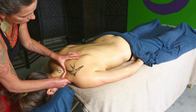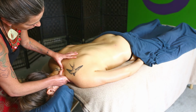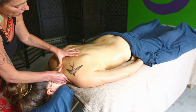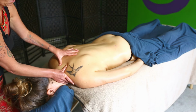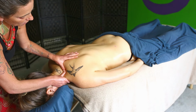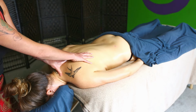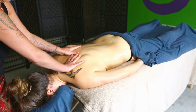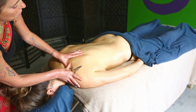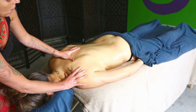So if in doubt, just watch, see if you can see the breath in your client. Remind them to take the breath. If they're not familiar with that, or until they are. Some people will be more familiar, some people won't. Pavi's quite familiar, quite used to doing her deep breathing. But if it's a new person to massage, or they haven't done any yoga or mindfulness, meditation, then you really